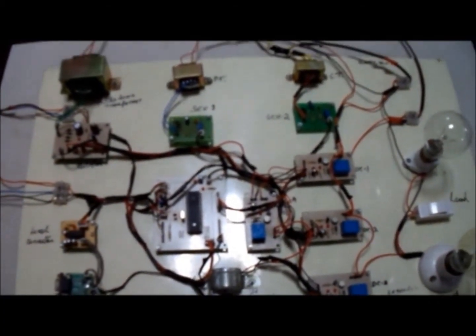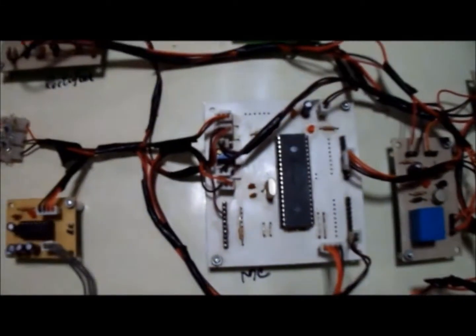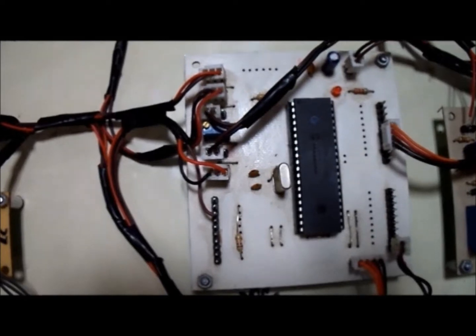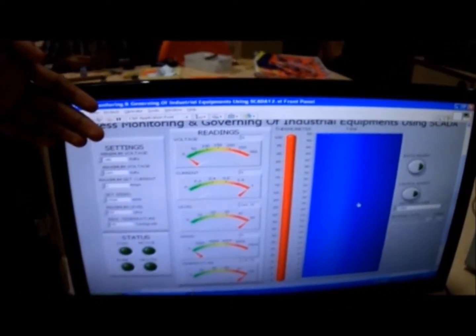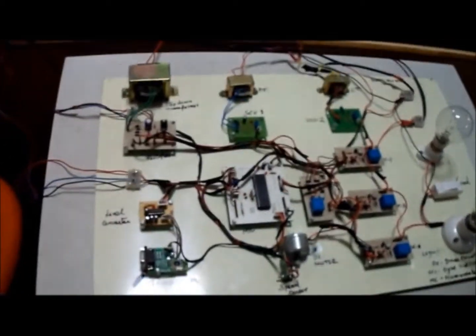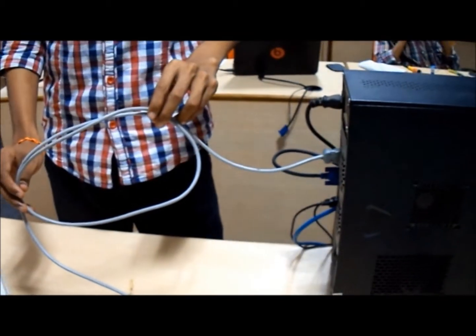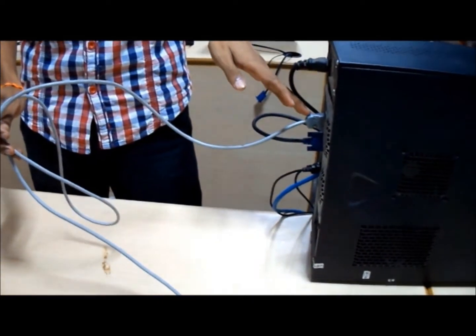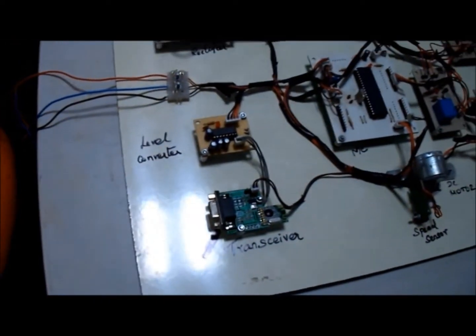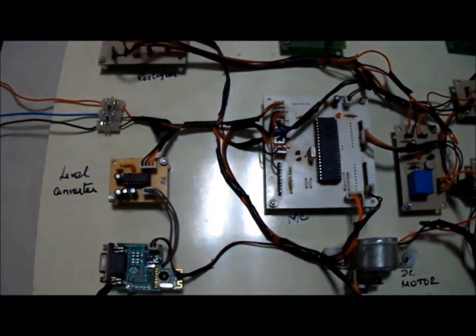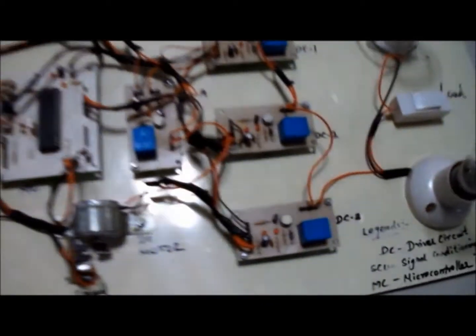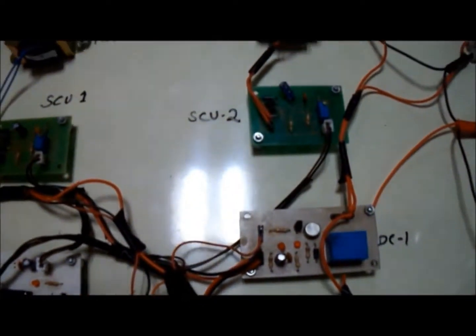To control all the 4 parameters, PIC microcontroller 16F877 is used. It is interfaced with LabVIEW to monitor the parameters. The data from the microcontroller is transferred to LabVIEW through ZigBee technology. In this technology, 2 transceivers are used for communication between LabVIEW and the microcontroller. The transceiver on the control side is connected to the CPU through an RS-232 cable. The transceiver on the operating station is connected to the microcontroller. The operation of every equipment is controlled by an individual driver circuit.